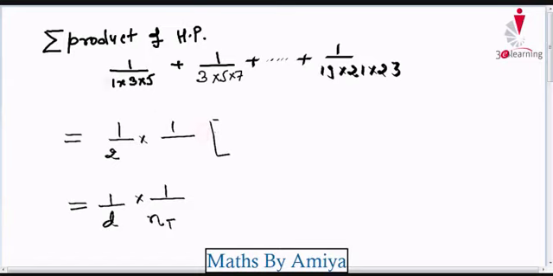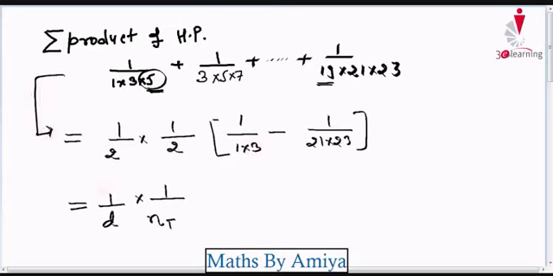In this we know the first term is greater and the last term is the smaller, so we have to do minus, but start with the first term, that is 1 into 3, but we missed the last term of this question. If you're writing the first formula 1 by common difference into 1 by number of terms, 1 into 1 by 3, but missed the last term only, minus, in this we missed the first term of the last term, that is 21 into 23, and we solve the question and get the answer. Here the last two terms is, how many terms in this is 2. So this is our final answer for this question.